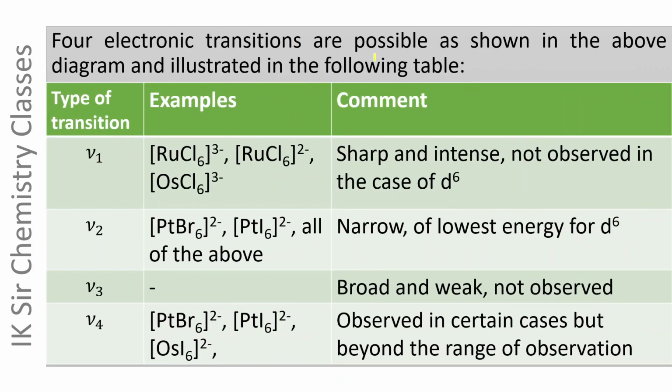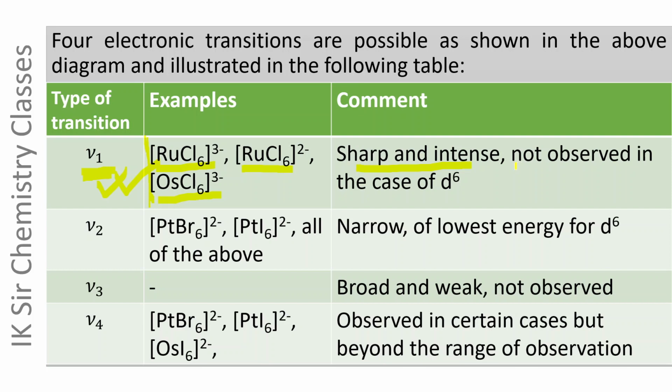Four electronic transitions are possible as shown in the above diagram and illustrated in the following table. Nu1 requires the minimum energy. RuCl6 3 minus, RuCl6 2 minus, and OsCl6 3 minus are all hexahalo complexes, and these complexes exhibit nu1 absorption peak. This absorption peak is sharp and intense,